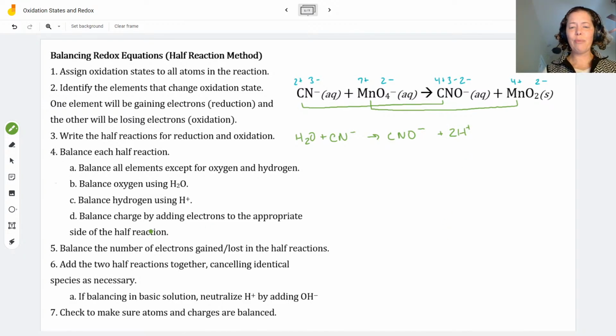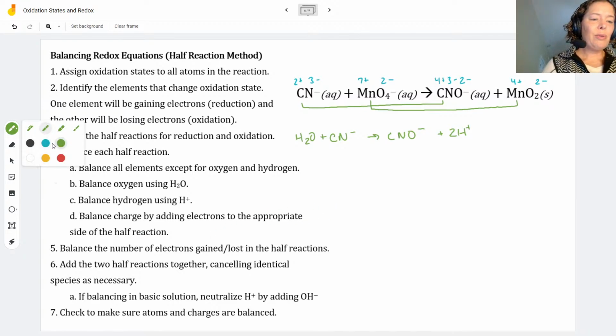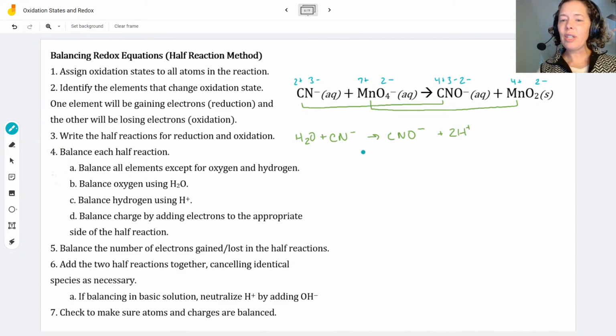And now I need to balance the charge by adding electrons to whichever side I need it. So let me do a little side calculation here. At least the reactant side is easy. This is just -1. And over here I have -1 plus 2. So that gives me a +1. All right, so again, it's not that the charges have to go to 0, they just have to